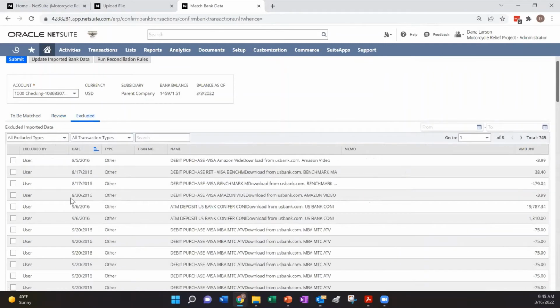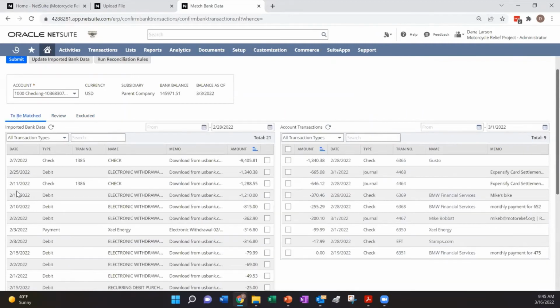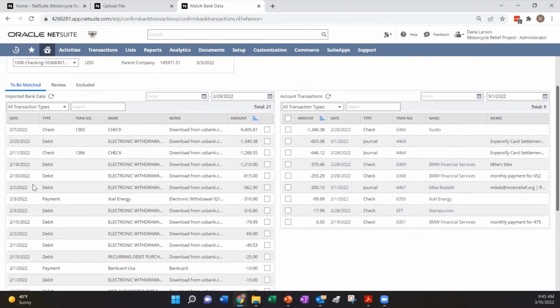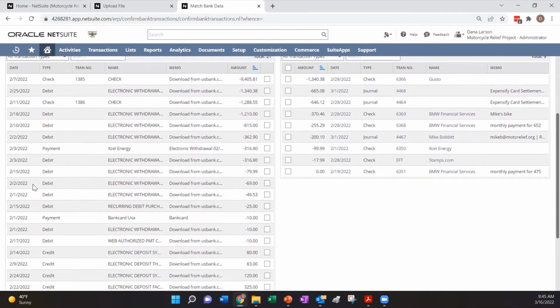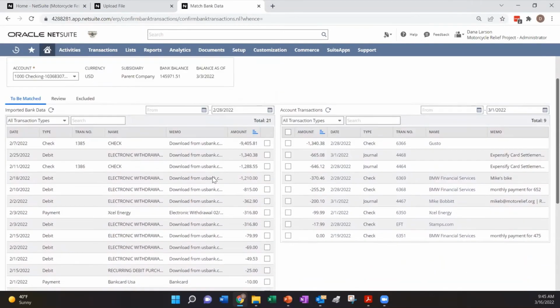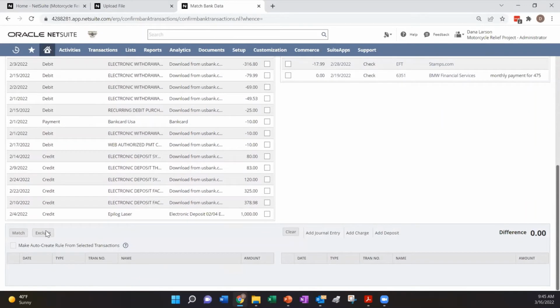Excluded means these were historic ones that we brought in. So when you're in this to be matched, if you need to get something out of the way because you know you've already matched it a different way, you can check the boxes, and instead of match down here, you can say exclude. One warning is if this box is checked, if I go in here and I create a